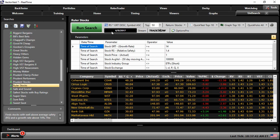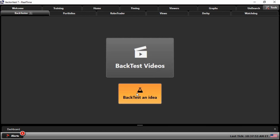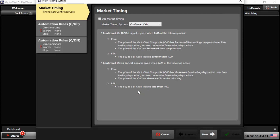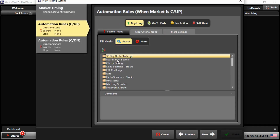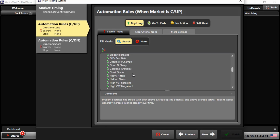And so, of course, we will have a prudent/conservative investment plan behind it. And let me just quickly go into the back tester, and I'll take a minute and walk through how you can do that. So let's back test an idea. I'll choose Build a Custom System, and I'll make this as basic as possible. So we're going to use confirm calls. I'm simply going to go down to the prudent folder, and I'm going to choose